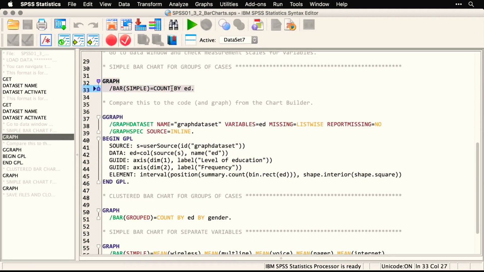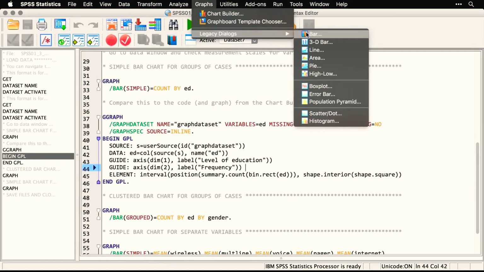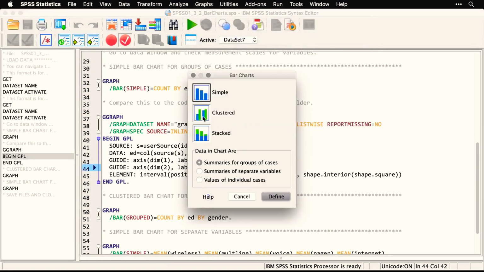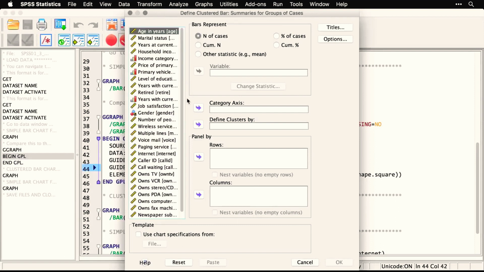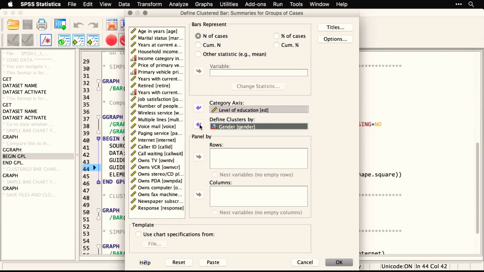Now let's do a clustered bar chart for groups of cases. We'll look at levels of education by gender. To do that, we come back up to graphs and to legacy dialogues to bar. And now we're going to cluster it. We're going to do a level of education clustered by gender. So I hit define. And we'll get level of education. That's sort of our outcome variable. Put that under category axis and then define clusters by gender. Let me put that right there. I'll hit OK